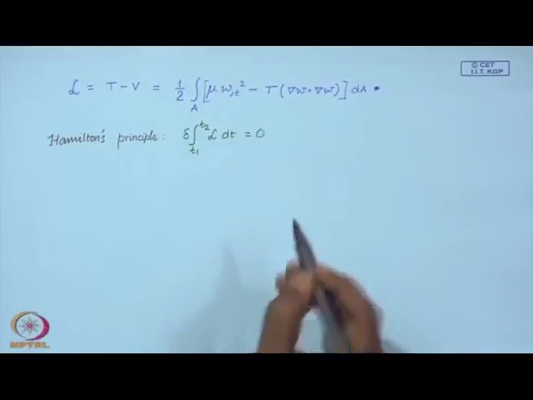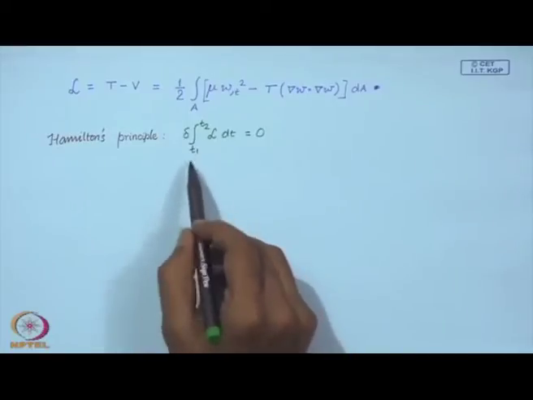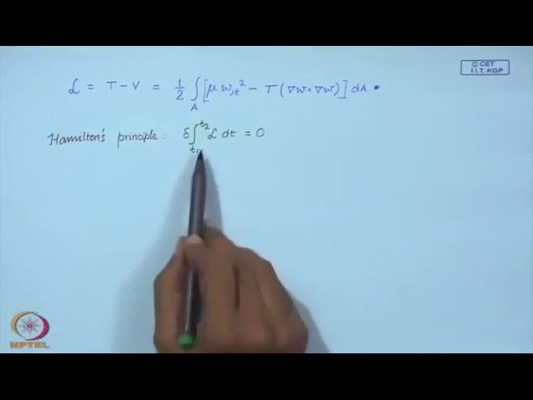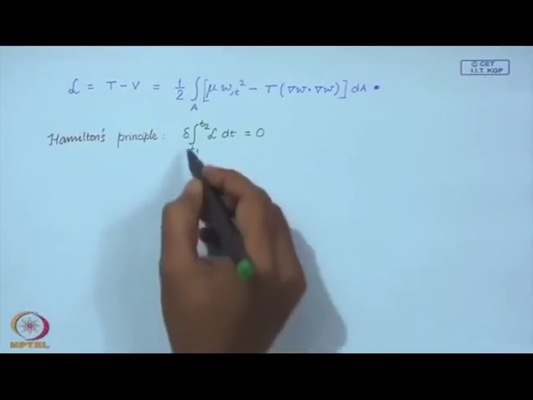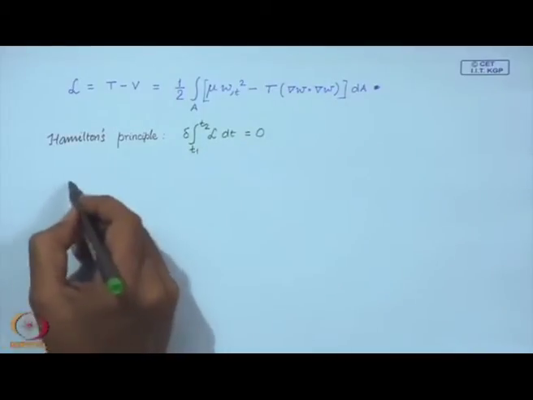So this must vanish. So, the variation of the action integral, which is the integral over time of the Lagrangian between two time points, that variation must vanish. So, if you consider this Lagrangian and take the variation,